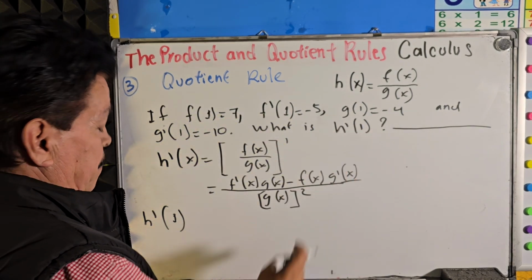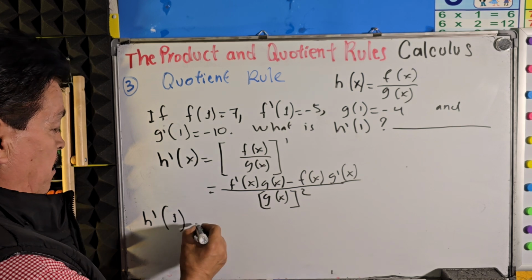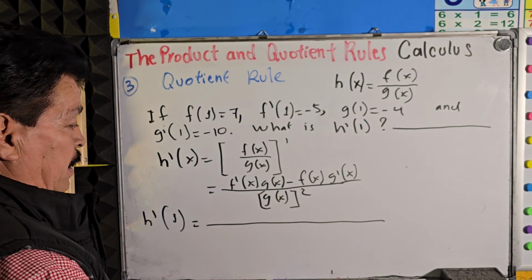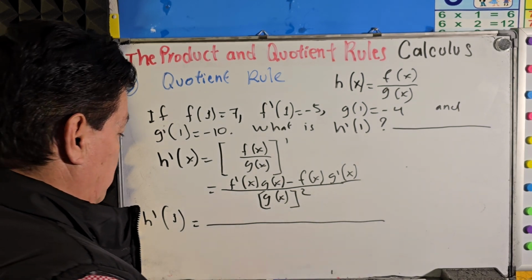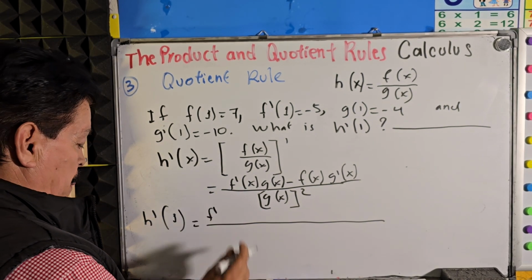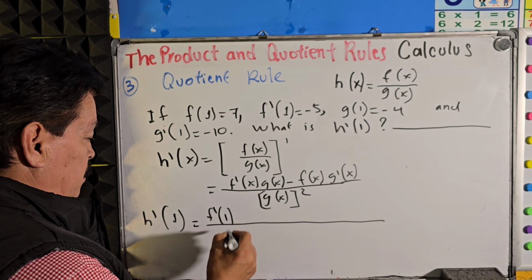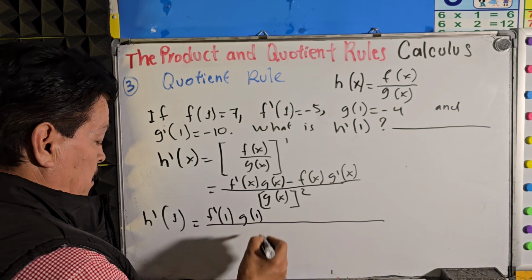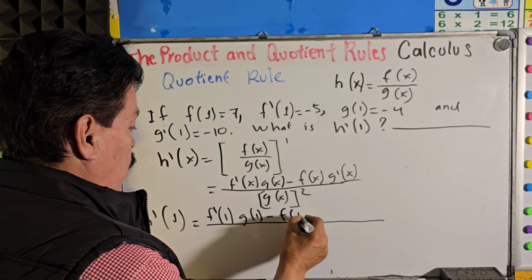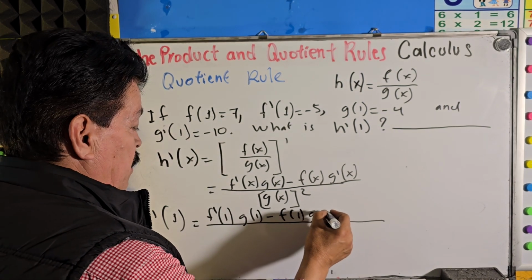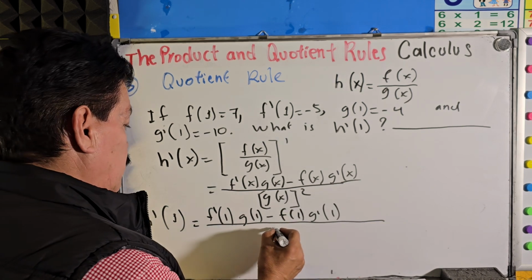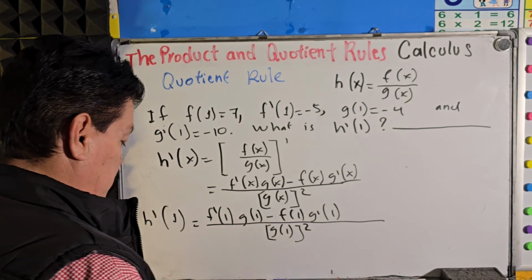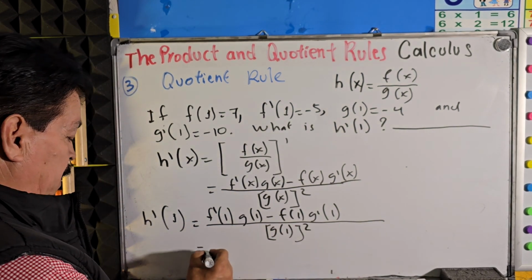Now I will use this marker: f prime of 1, since x equals 1, and then g of 1 minus f of 1 times g prime of 1, divided by g of 1 to the second power. If we simplify here, we will have,